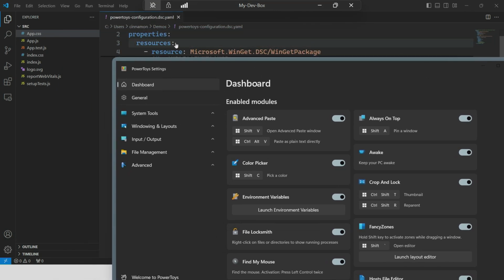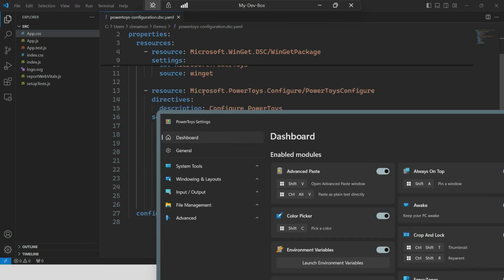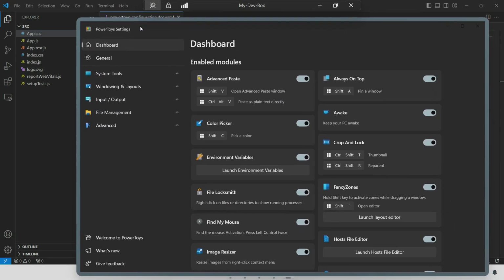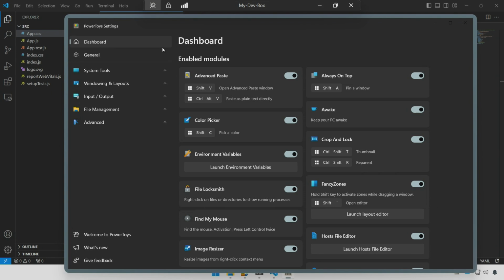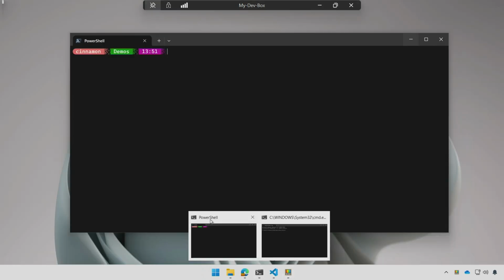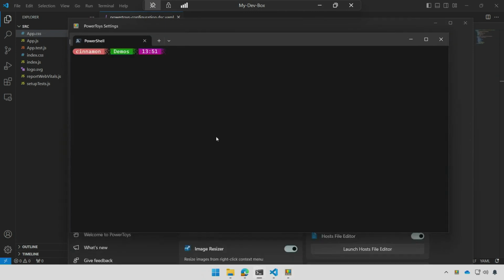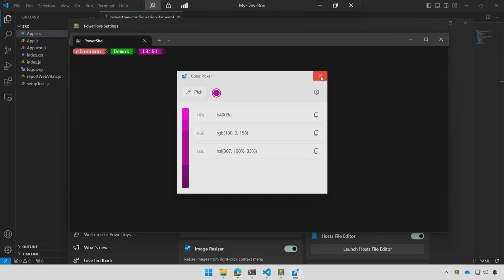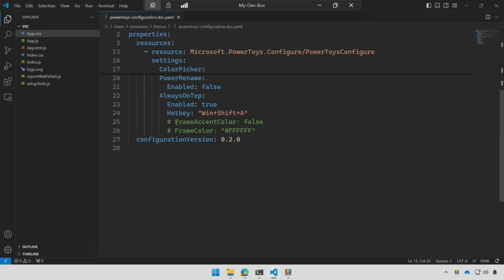So I can move focus to my VS code in the back, but this will always remain the topmost window until I disable it. But one thing I can do with this configuration file is I can change the settings of PowerToys itself and then rerun it. And I can do that by just changing the color of that border. So I'm going to use Win-Shift-C. I'm going to grab this color from my terminal prompt there. And I'll paste it in here at the bottom. So right now it's using the accent color of this machine, which is like a gray.